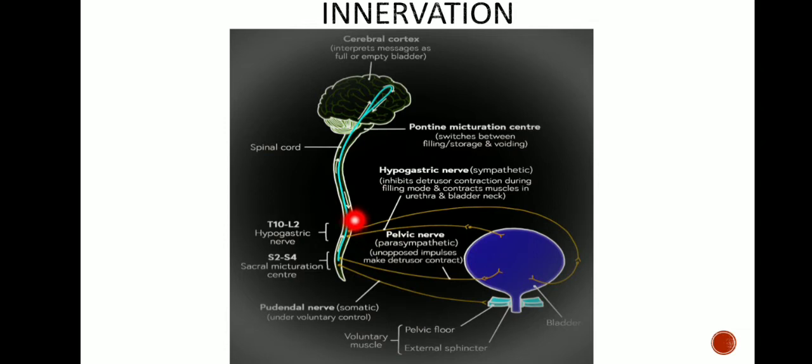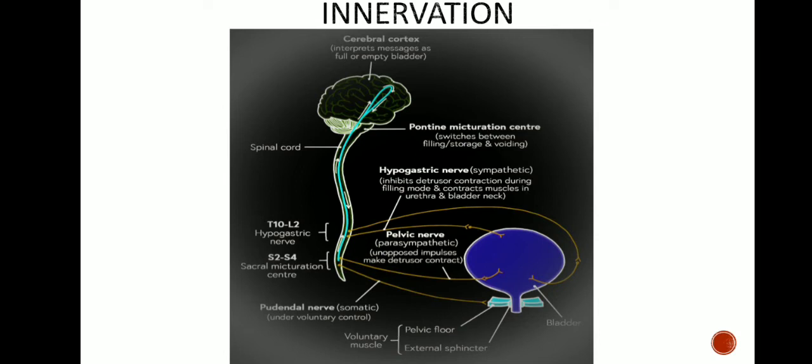T11, T12 thoracic and L1, L2 lumbar segments of the spinal cord, whereas these sympathetic fibers are inhibitory to the detrusor muscle and motor to the sphincter vesicae. On the other hand, moving on to the somatic fibers, that is the pudendal nerve. As you can see in the picture, it also lies along with the spinal micturition center, where the somatic fibers are derived from the S2, S3 and S4 spinal segments, and they are motor to the external urethral sphincter,